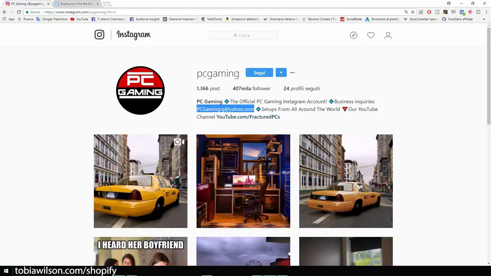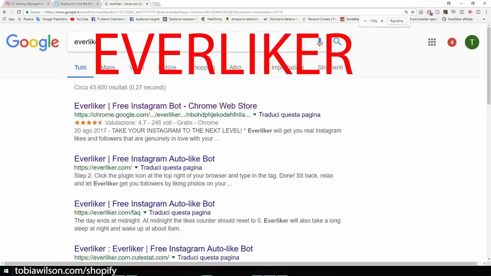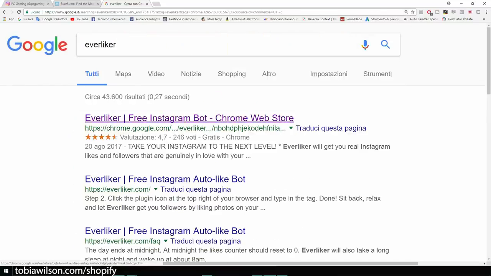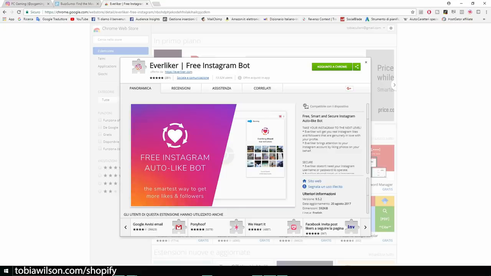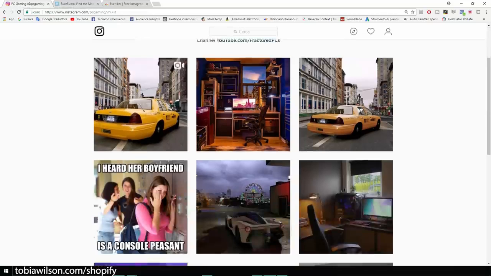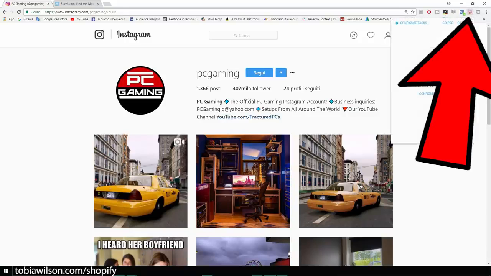All you have to do is go on Google and type in Everliker. This is a free option, but there are also professional ones. It's a browser extension that you can use on Chrome only. I already installed it, so I won't install it again. Once you have it, you can go to your Instagram profile, and click on the pink icon that appears, Everliker, and